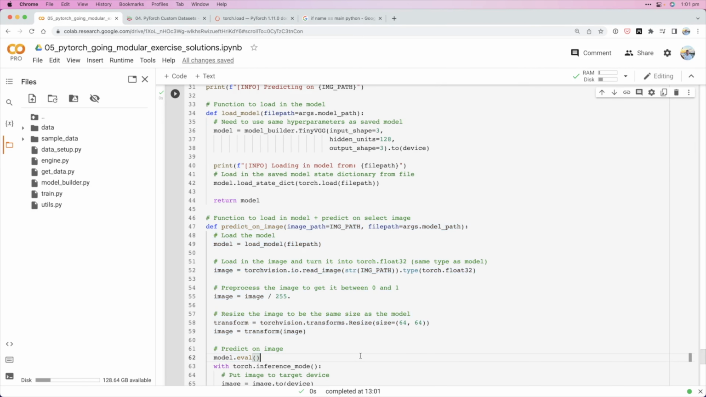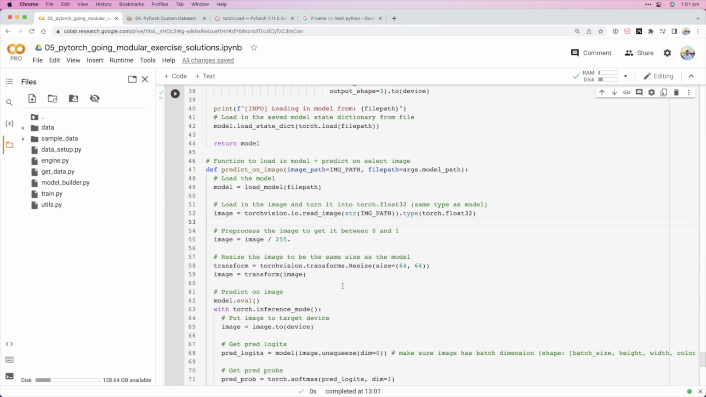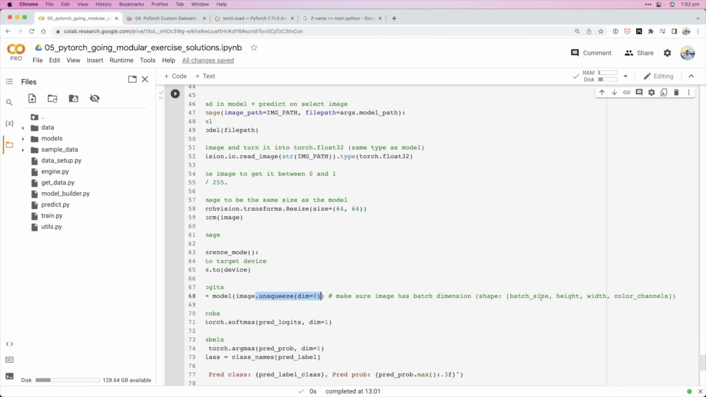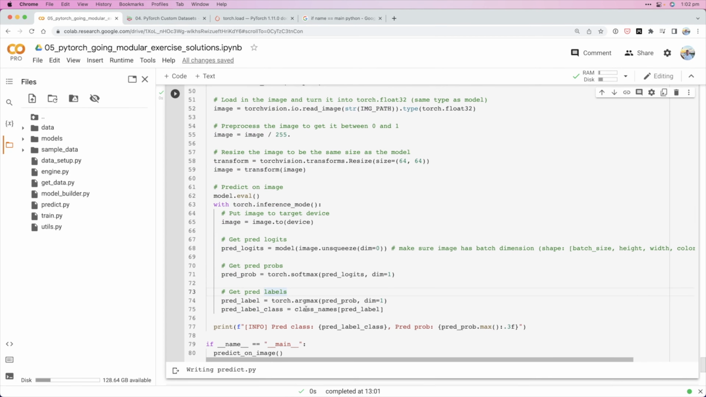And then predict on image, we've got a prediction function here to load the image, or load the model, sorry. Then it loads in the image and turns it into the same data type as the model. It pre-processes the image to get the pixel values between 0 and 1 because that's how our model was trained on. We resize the image to be in the same size as the image that our model was trained on. And then finally, we make sure that it has a single batch size because our model is expecting data with the dimension batch size, height, width, color channels. Then we get the prediction probabilities, prediction labels,